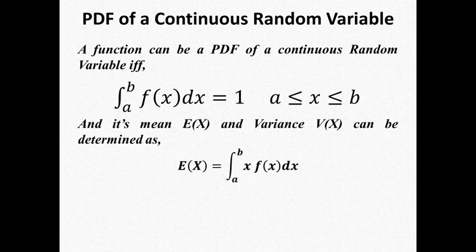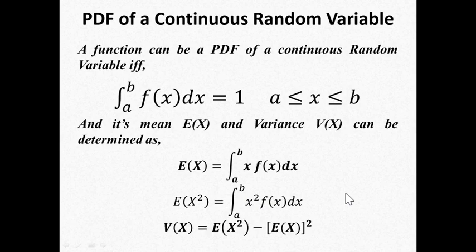can give us the value of the average or the mean of the PDF, and in order to calculate the variance we have to calculate the second moment about the origin, which can be calculated by taking the definite integral of x square multiplied by the function which is given to us. Okay, and then finally we can get the value of variance using this computational formula: expected value of x square minus expected value of x, the whole square, which have already been calculated earlier. So for this regard, we might need a probability distribution as a case study.